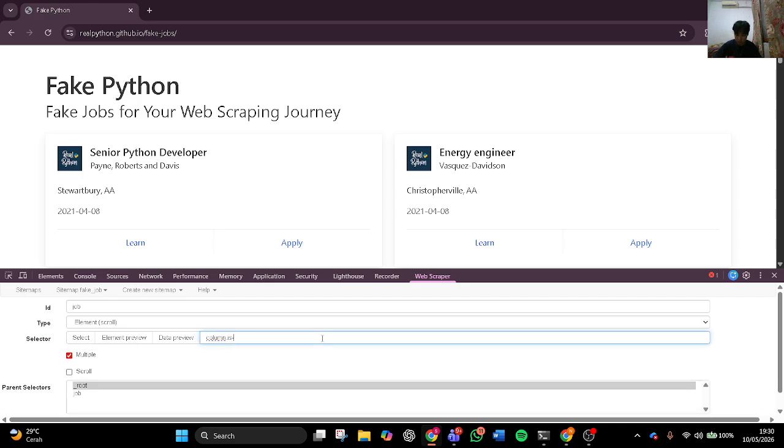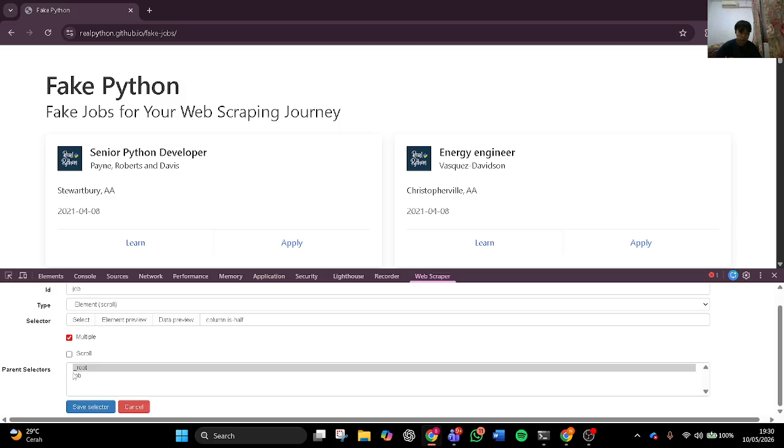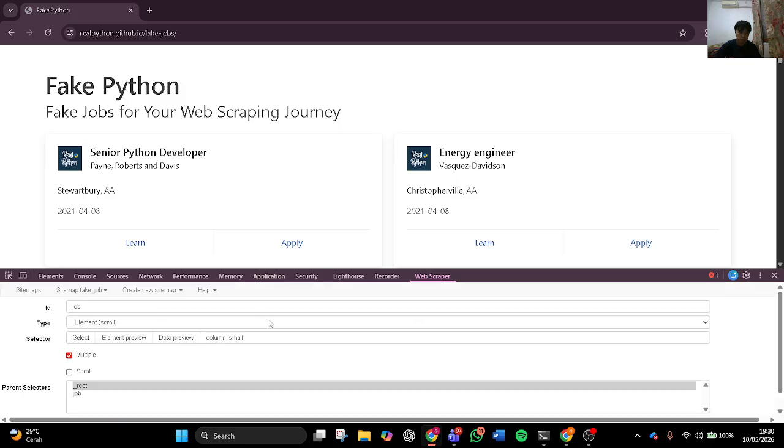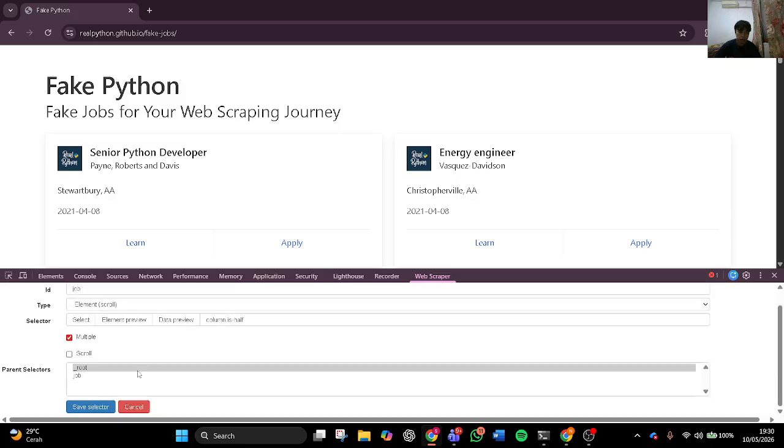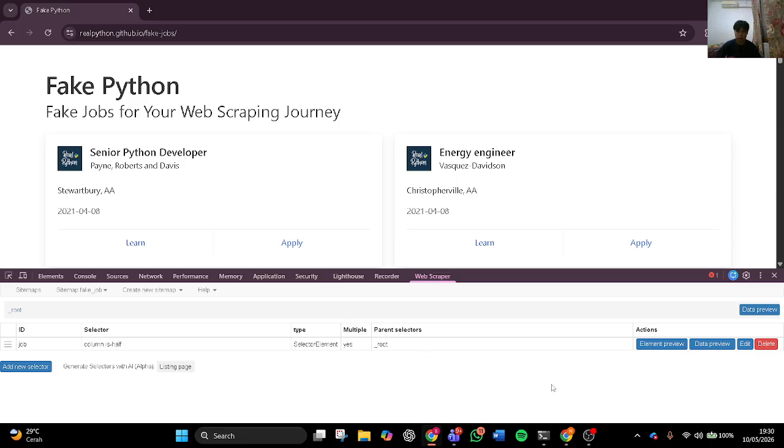Okay, and check the multiple checkbox, and the parent selector is _root. So this will be the parent selector, and save selector.